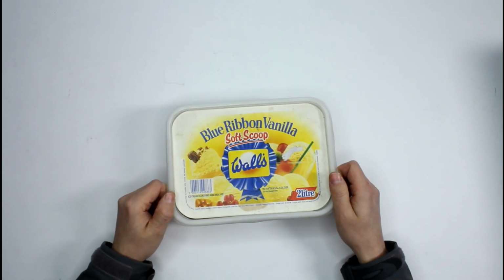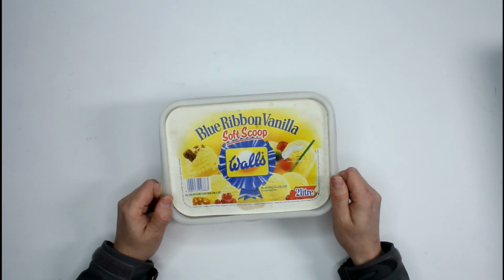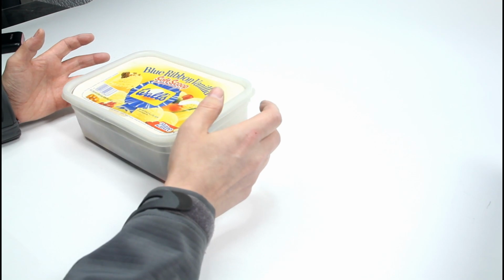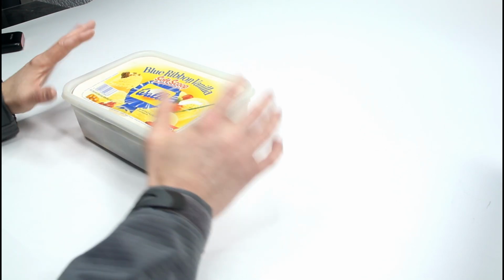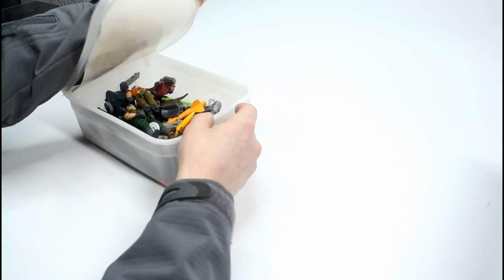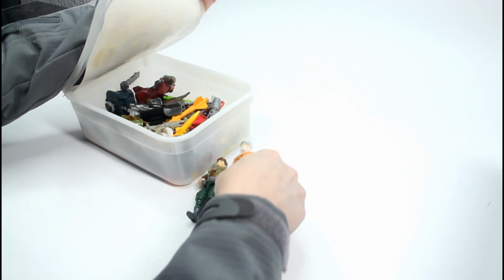This box, which I was hoping would have a best before date on here. Anyway, it's an ice cream tub. I used to use ice cream tubs like this. There were two of these, and I'm not sure where the other one is yet. I'll find it, but I used to use them to keep all the action figure weapons and accessories in. I'm going to go into this later, but I'm opening it first because when I ended up keeping it at the place, I actually found two figures in there